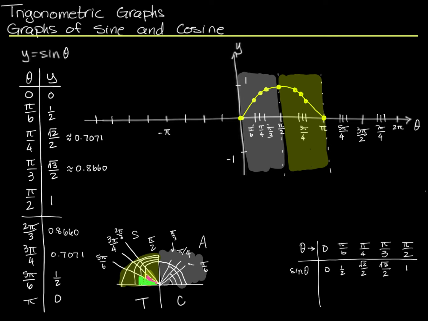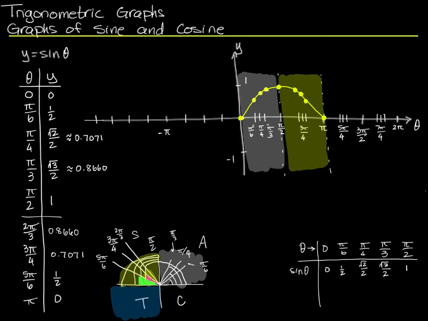Okay, that's not the greatest sine graph I've ever drawn, but it'll do for my illustration here. All right, now we need to do the same thing for the angles between pi and 2 pi. And I'm going to split that up between pi and 3 pi over 2, and between 3 pi over 2 and 2 pi. And the reason for that is that the angles between